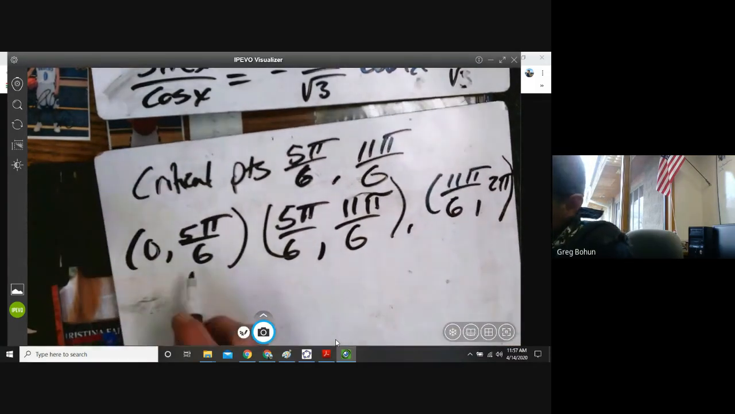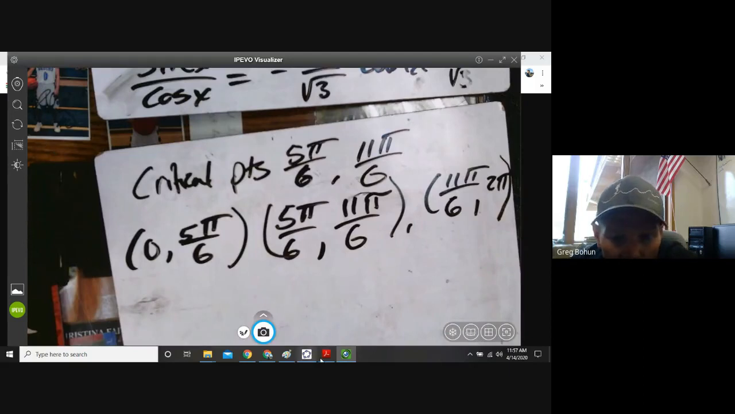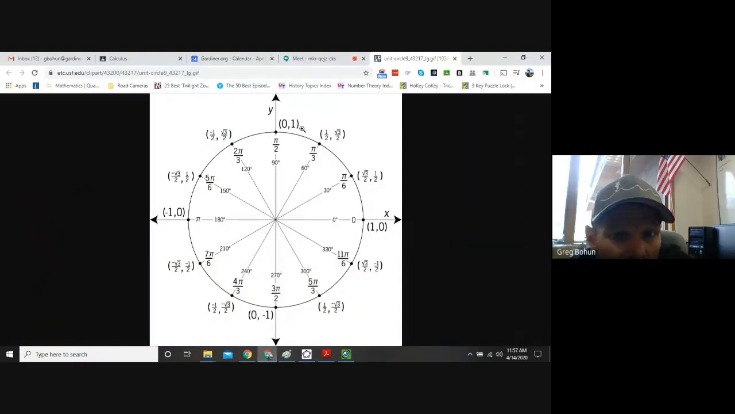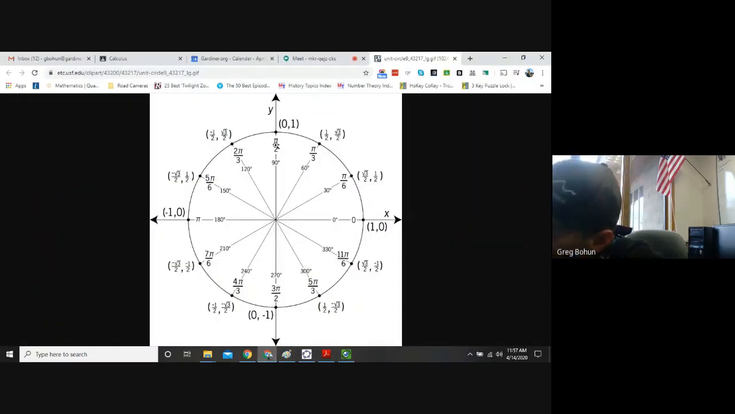Zero to 5 pi over 6, that's going to be pretty easy for us. Let's pick pi over 2. 5 pi over 6 to 11 pi over 6. Ooh, easiest thing there is going to be pi. And now here, this is a little tricky,